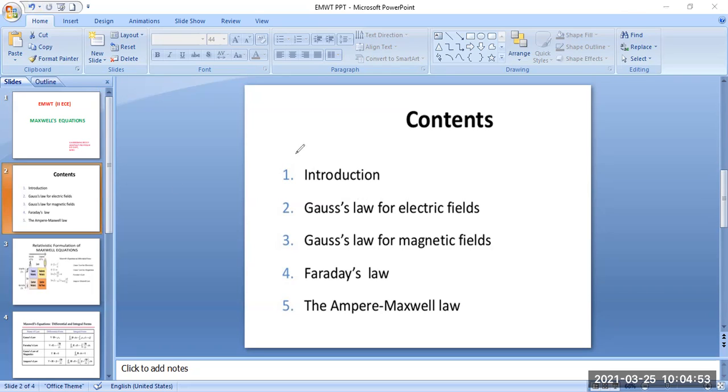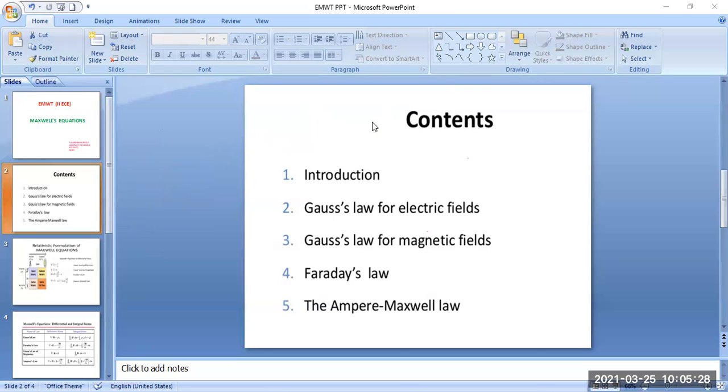Here in Gauss law, the integral over S of D bar dot dS bar is equal to Q enclosed. So this is the basic Gauss law equation in integral form. We need to convert the integral form to differential form by applying the divergence theorem. By applying the divergence theorem, we get the differential form.